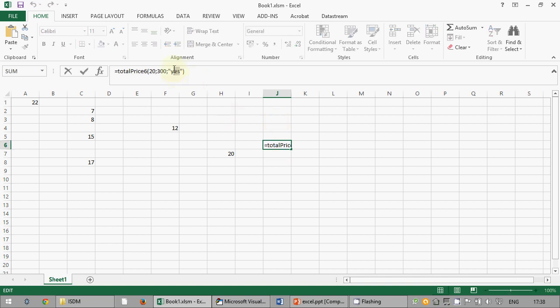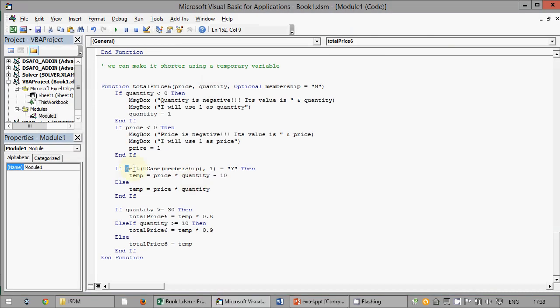Even if somebody writes yeah, exclamation mark, it will be considered a customer because it starts with Y. Even "you are not a customer" will be considered a customer because it starts with Y. But if it starts with space Y, for example, no. So usually it is a little trick whenever you compare a parameter with some text: convert everything to uppercase and take only the leftmost character if you are expecting only one character, because people tend to write more than what you ask and with the wrong capitalization.